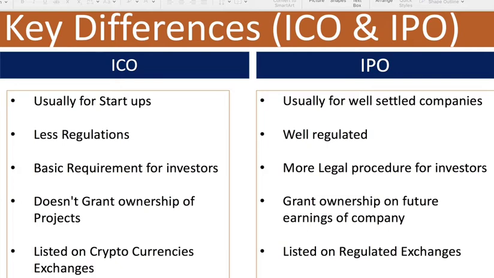The key differentiator, though, is that through an IPO, you are essentially purchasing a share of ownership in a company and its future profits. With an ICO, however, you are purchasing the right to use the product or service on offer. You are essentially a future customer. And if that ICO has a great project, the demand for the token will derive a positive return on investment. The token does not have any claim on profit made by the company. Crypto and company shares both have vastly different valuation methodologies, which we'll touch upon in future videos.